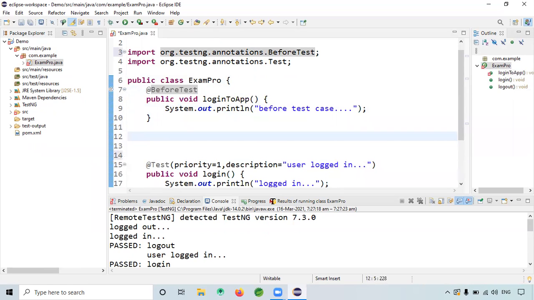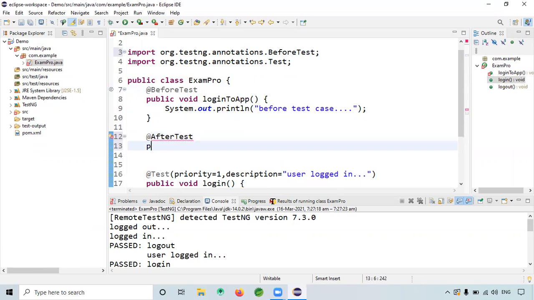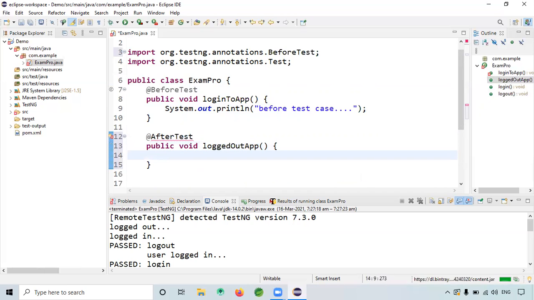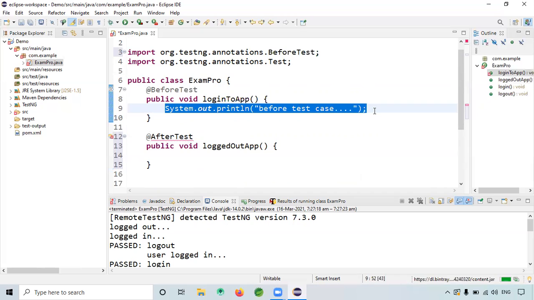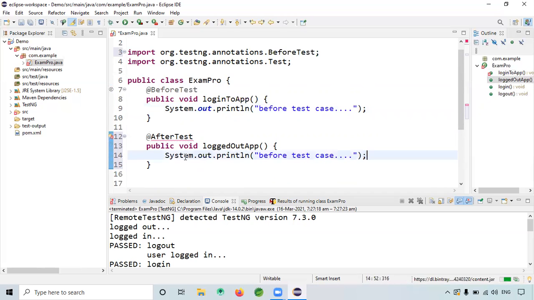I have one more annotation, that is @AfterTest. I will give @AfterTest here. So what I will do, I will just import it.